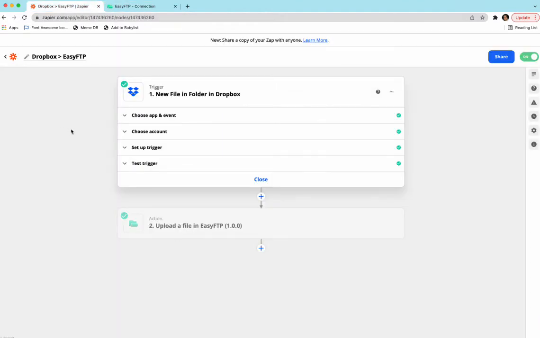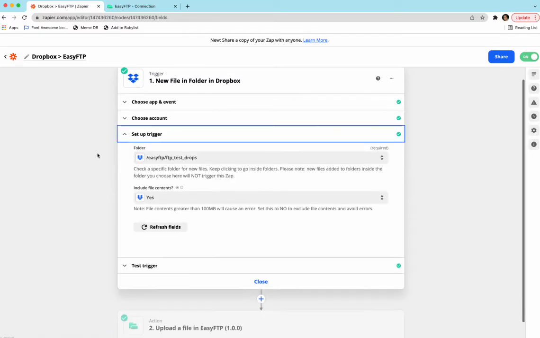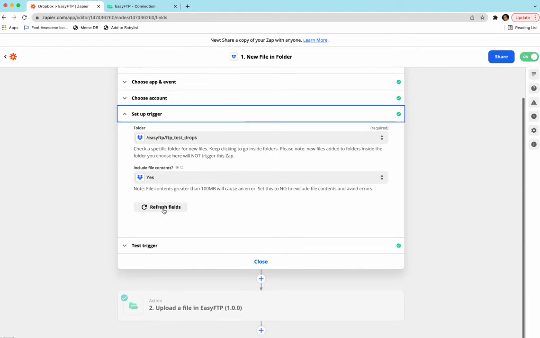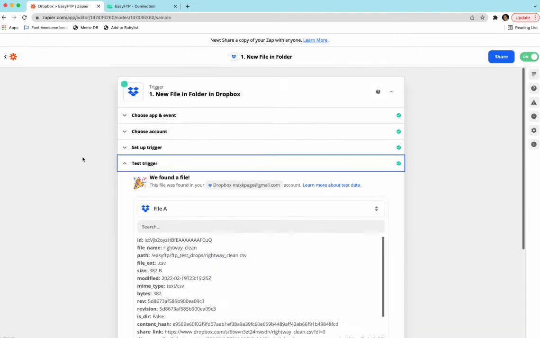So this Zap is: whenever a new file is added to a Dropbox folder, we want to upload it to our FTP server. We could make our first step receiving an email. It could be Google Drive. It could be something uploaded into Salesforce. It could be anywhere where a file is triggering something. So the first step is like a file happens. In this case, whenever a new file is added to this folder, it's going to send this Zap the